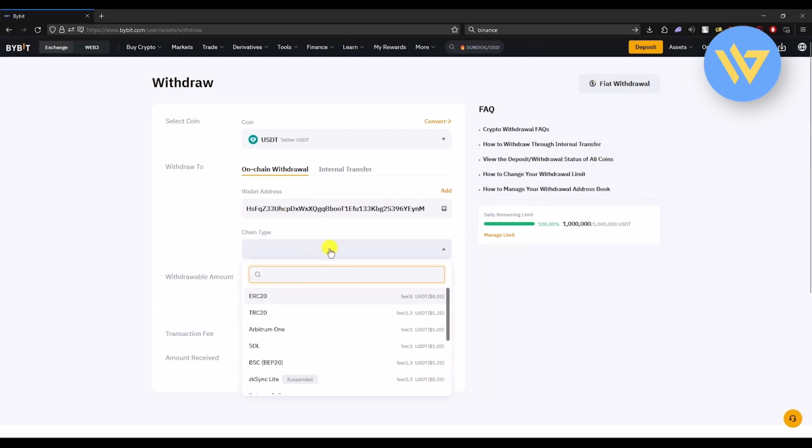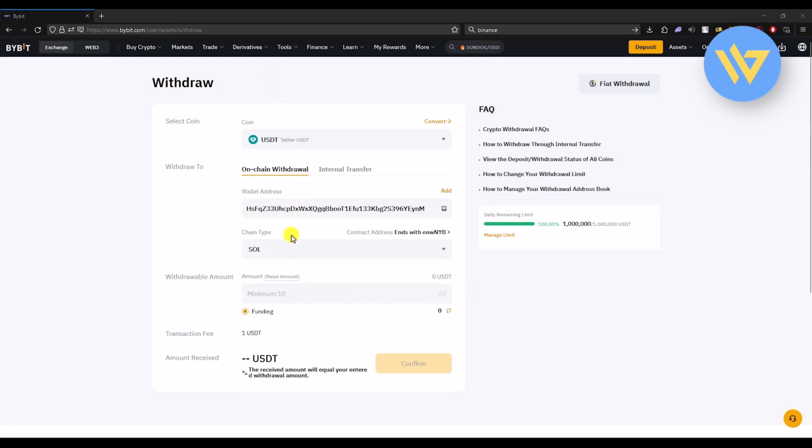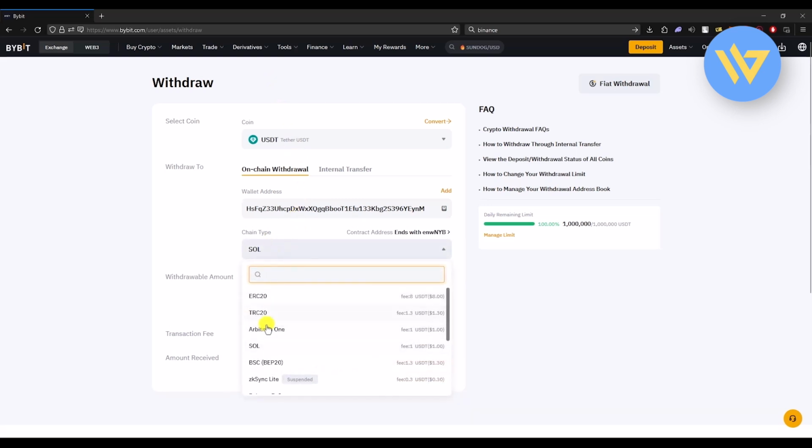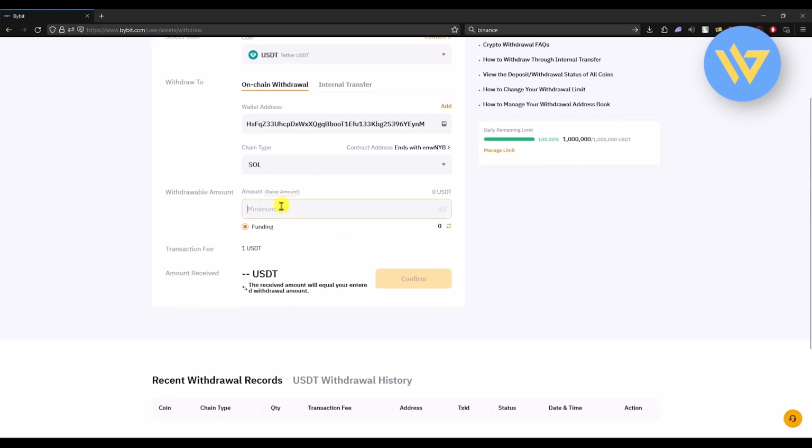After that, you should be able to see the chain type. Now choose the correct chain type right over here and then enter the amount that you want to transfer. And make sure to choose the correct chain type, because if you choose the wrong chain type, you will lose your crypto forever. Now enter the amount and right over here you will be able to see how much you